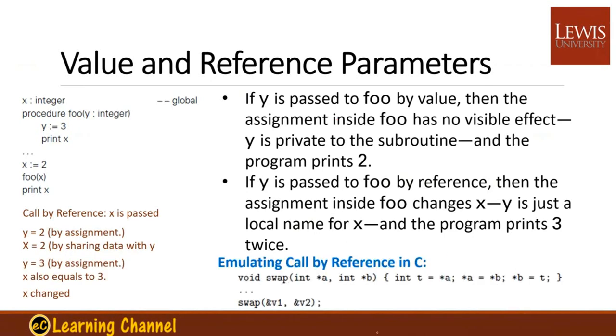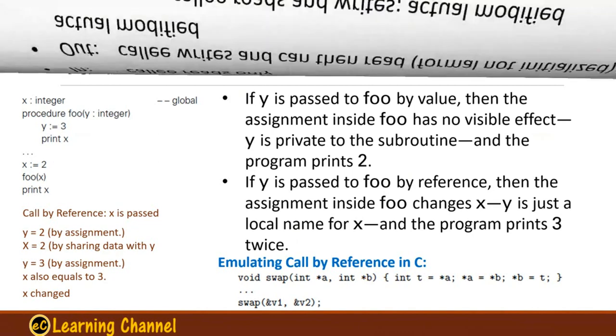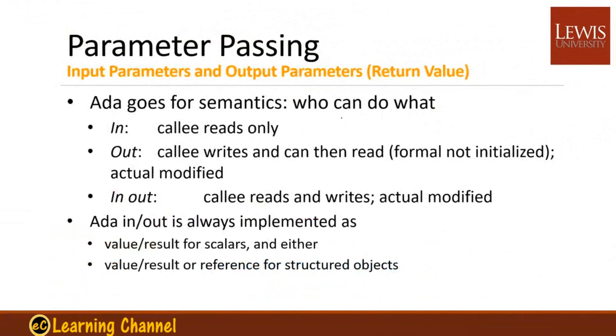Okay, so emulating call by reference in C language. Actually, we talked about this in the previous page. You just use a pointer for that purpose. Parameter passing: input parameter and output parameter. Some languages like Ada provide input parameters, output parameters, and in-out parameters. And I think that right now this is not as popular in language structure, because we know